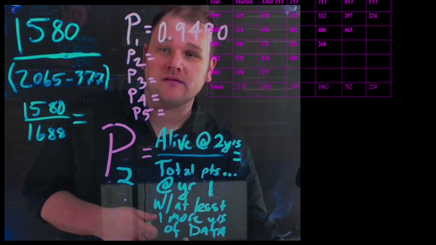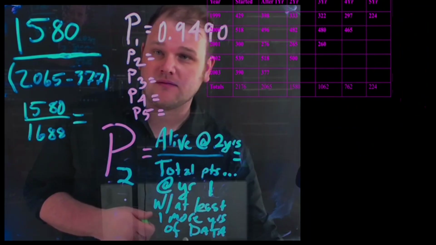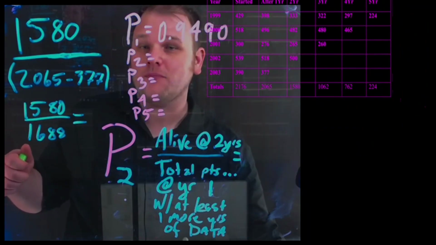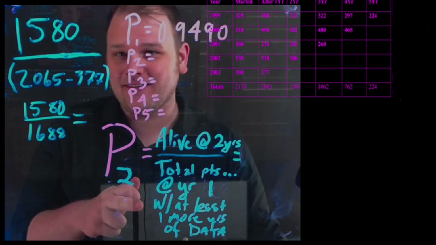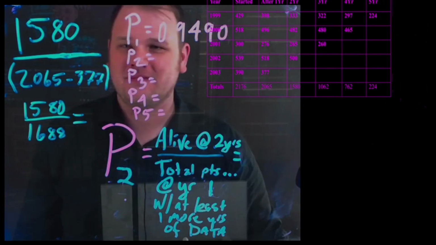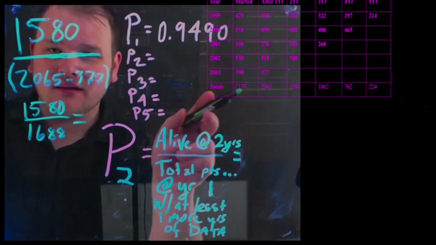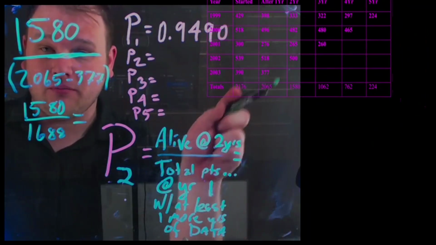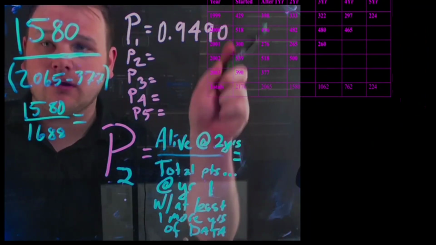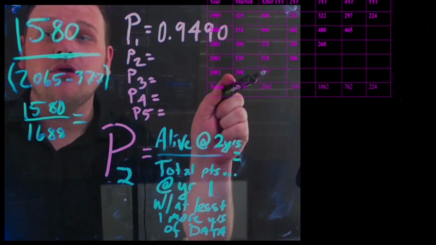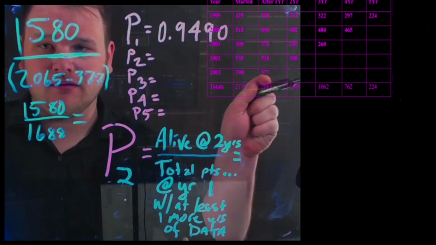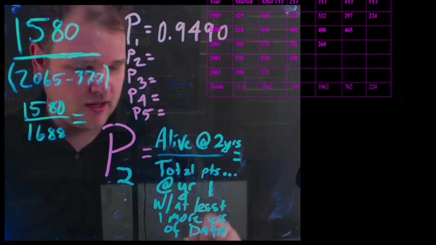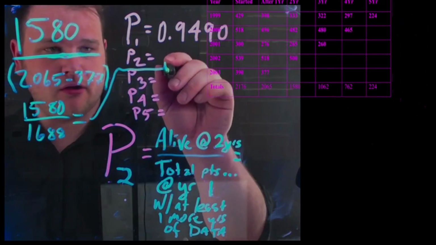It is 1,580 people or patients alive after 2 years, 2-year survival, over total patients at year 1 with at least 1 more year of data. So it is 1580 from all the patients enrolled after year 1. So all the patients that have lived at least 1 year, survived 1 year, minus those who don't have more than 1 more year of data, or an additional year of data, who don't have enough data to get included in that calculation. And that comes out to, just going to put an arrow here,